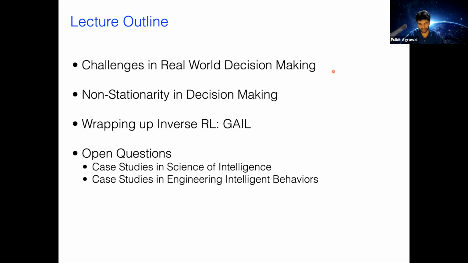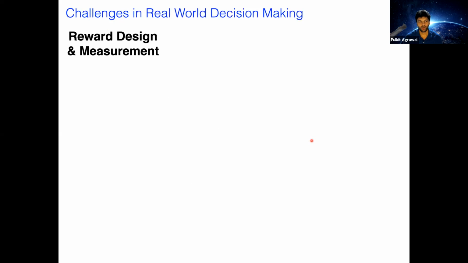Then we will look a bit at non-stationarity and decision making. We'll wrap up inverse RL with Gale. Then we'll discuss some open questions and hopefully a bit of multi-agent stuff also with these questions. So let's get started. So what are the challenges in applying reinforcement learning, or generally speaking, doing decision making in